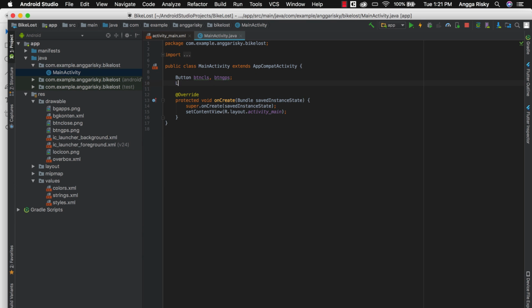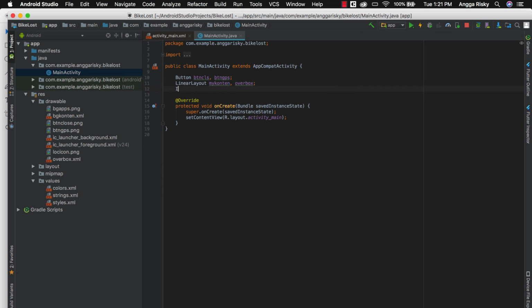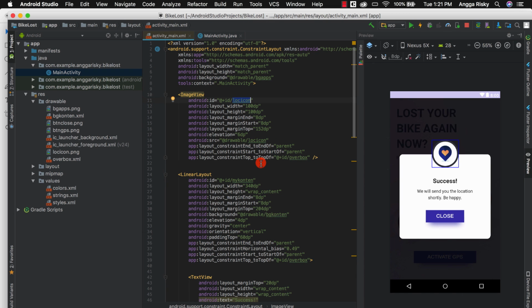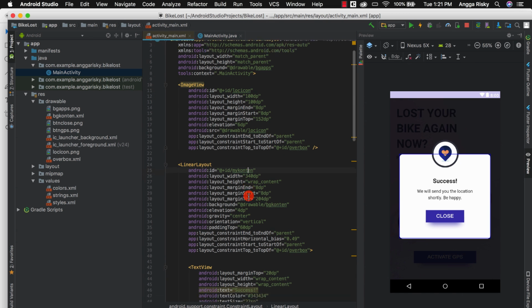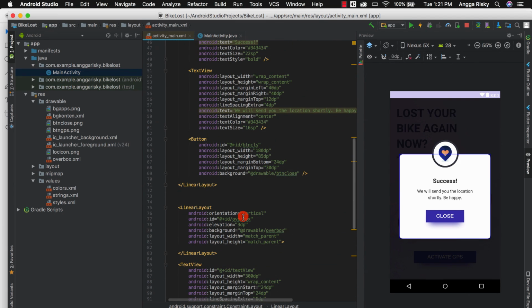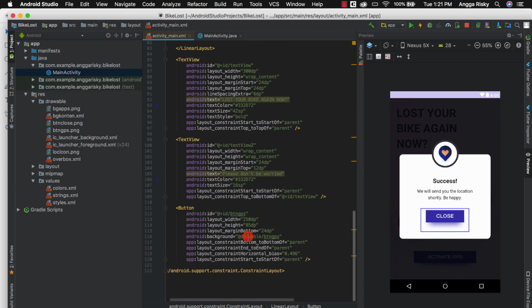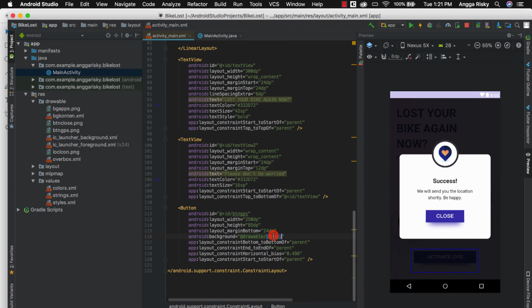And then after that we have a linear layout for my content and then overbox. Okay, and then we have an image view for the Logicon. So we have Logicon, we have content, and then what else, this overbox, and we have button close, and then the last one we have button GPS.